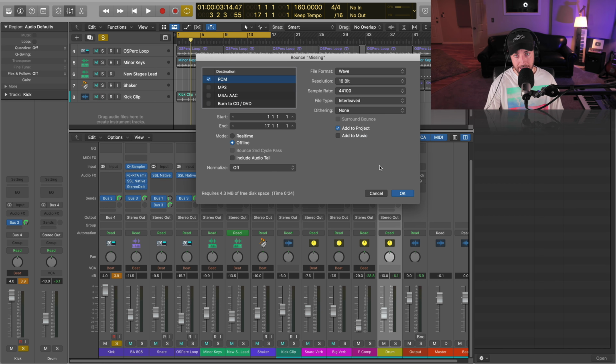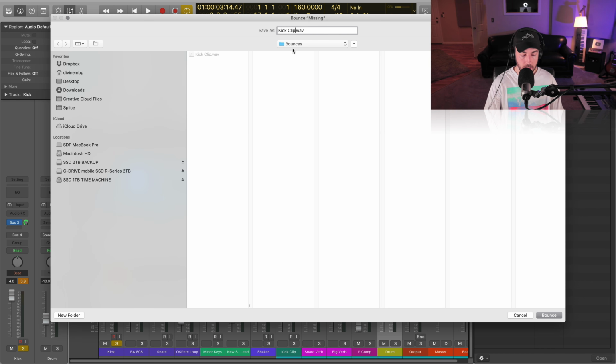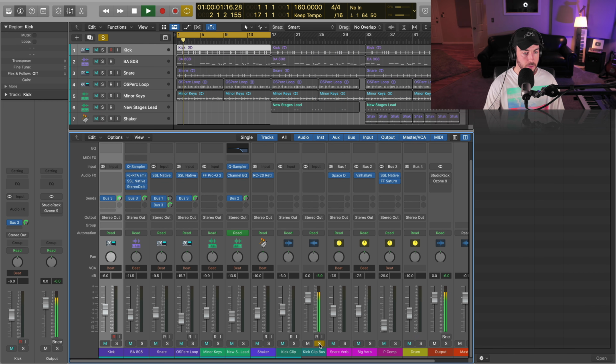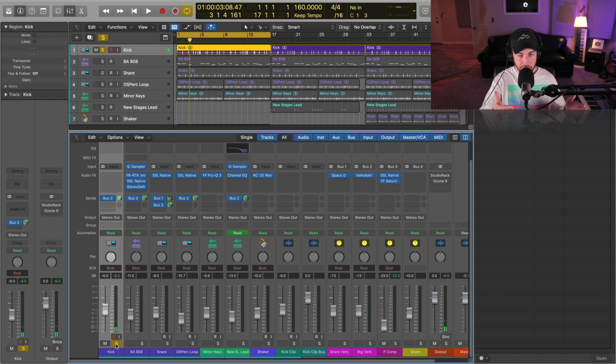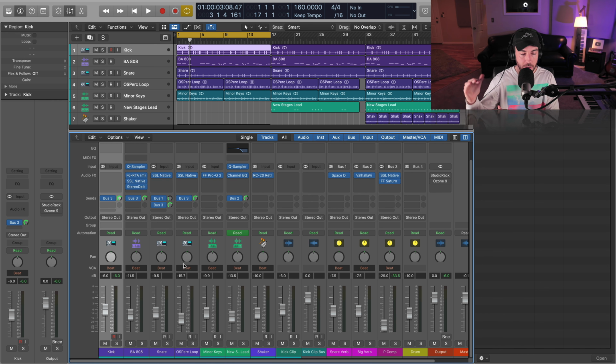So if we bounce that now, let's see what happens. So we'll call this kick clip bus. And the original kick. All right, so we had clipping on the individual channel, but as soon as we routed it to a bus, adjusted that, we made it out and we don't have any distortion. So just to show you, by utilizing buses and routing things this way, we can avoid any issues. So the floating point processing, again, it can be a really helpful thing, especially realizing that all clipping on an individual track is not necessarily a problem as long as it's dealt with at some point.